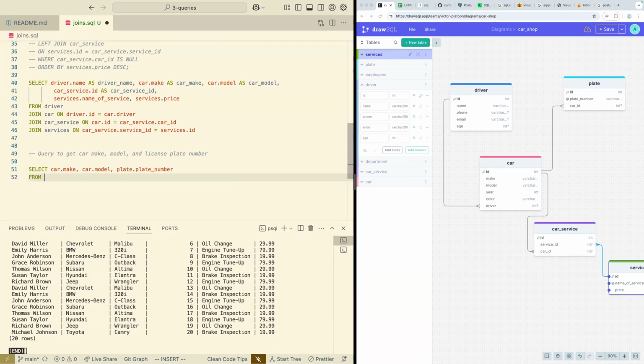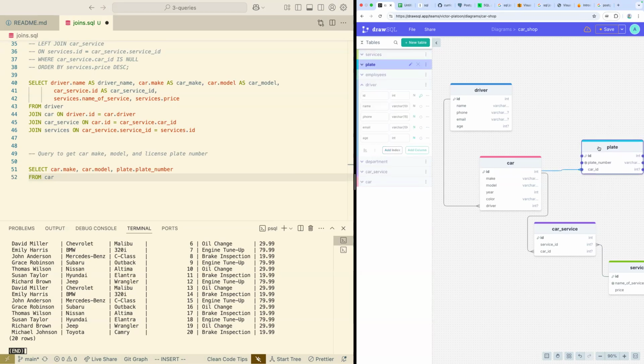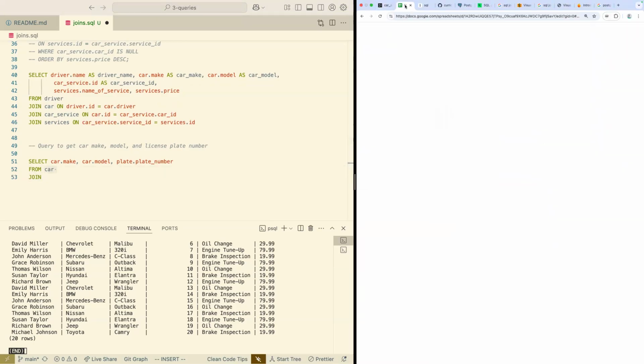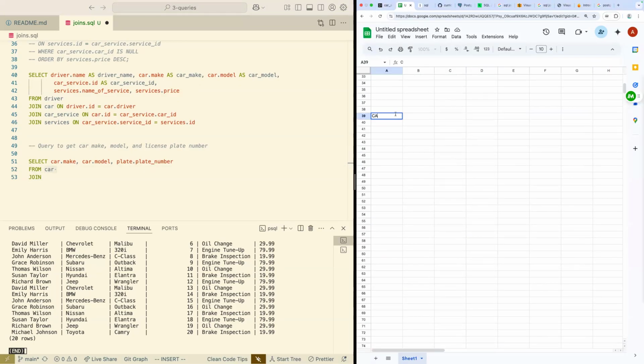Or if you're not sure, you can phone a friend. It'd be from car. Yep. And then join car dot make or from car, join car. Well, the join, you're on the right path. And in fact, I think a good way to do this is actually